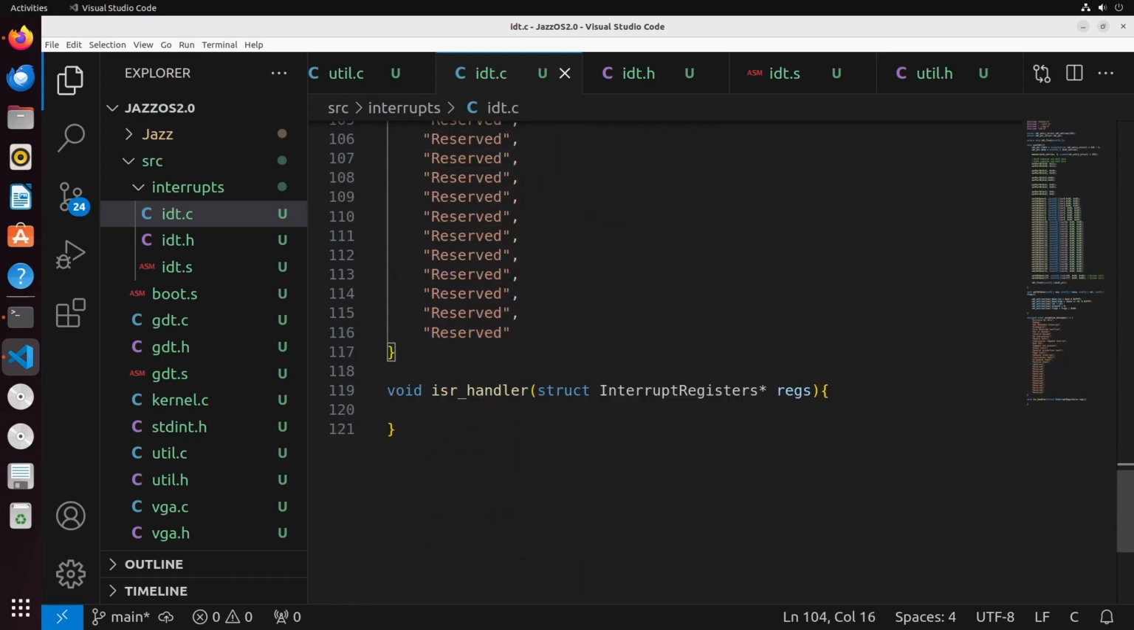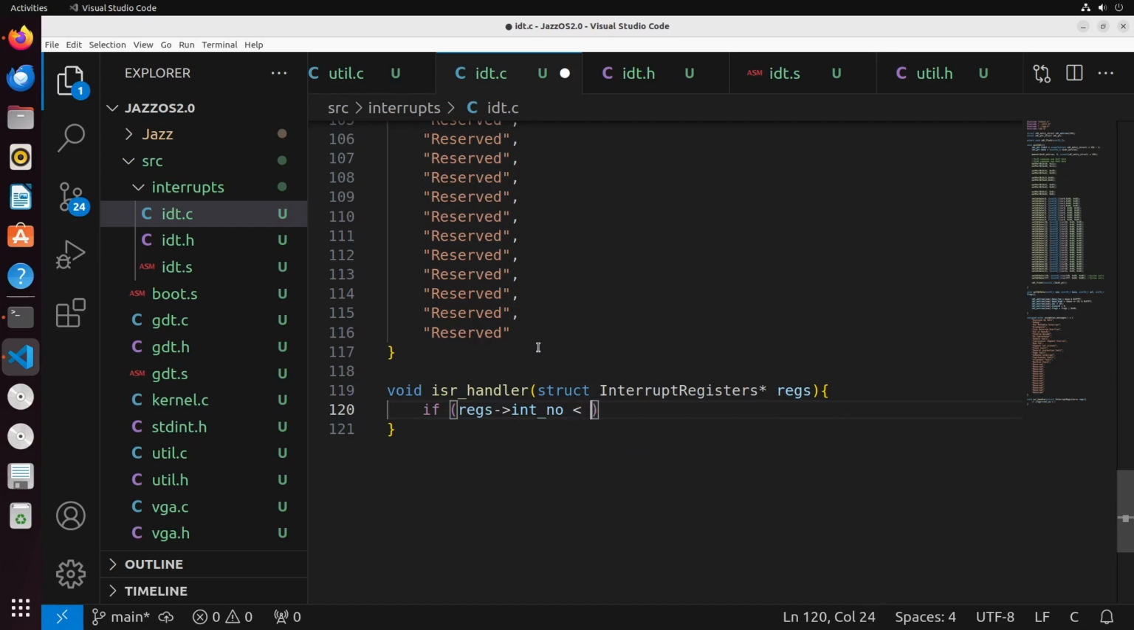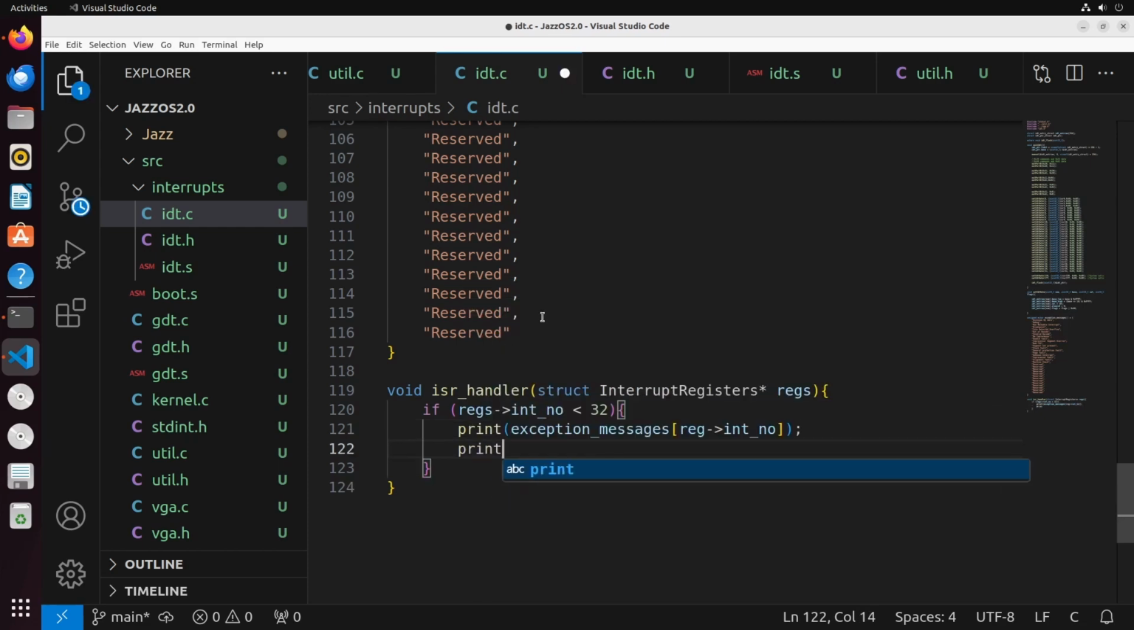And all our ISR handler is going to do is take a look and say, if the register's interrupt number, so it's going to pull the interrupt number, if it's less than 32, then I'm going to print using my VGA the exception messages associated with that interrupt number. So it's going to grab that interrupt number, it's going to print its exception message. And then what I like to do is print out a new line and then print out a message that just says exception system halted. And generally we'll halt the system here. So to do that, we could just put in an infinite loop like this,